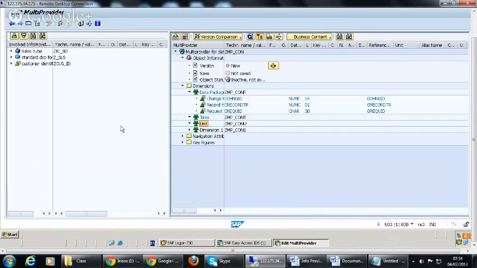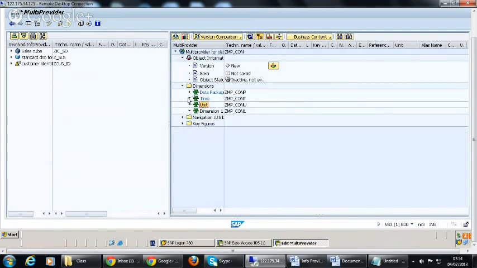It is the same as InfoCube and all the other dimensions. You have three predefined dimensions that SAP has already given: data package, time, and unit.